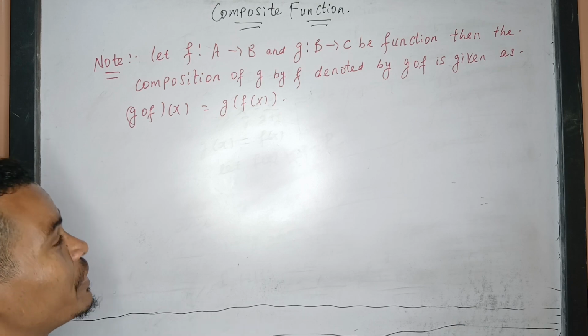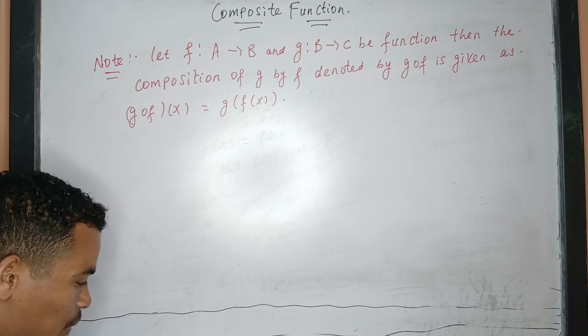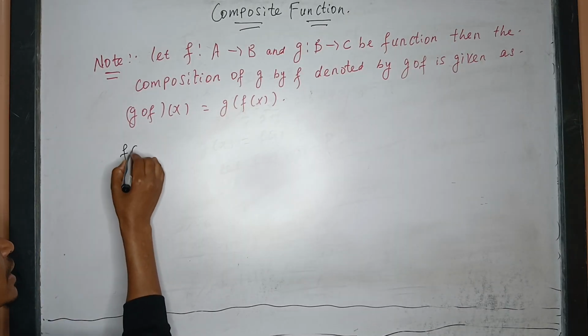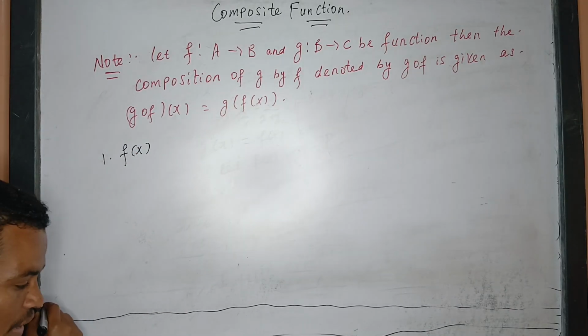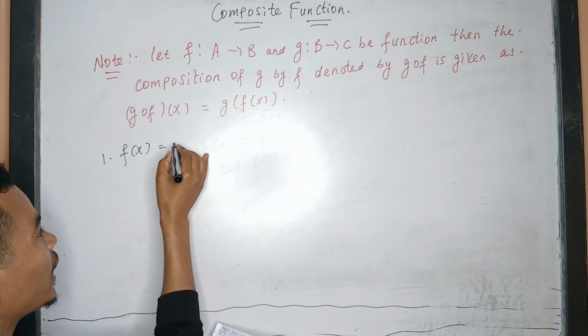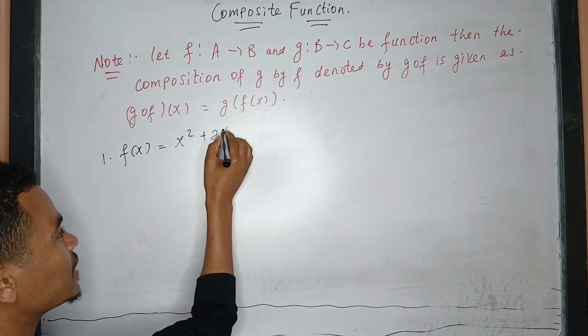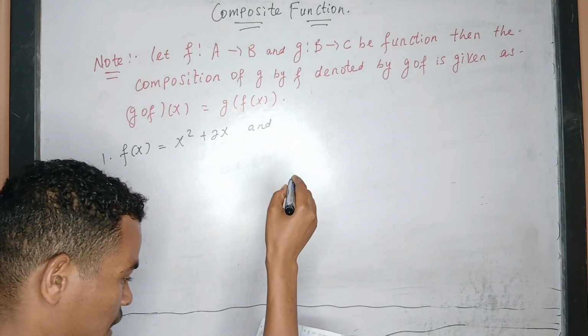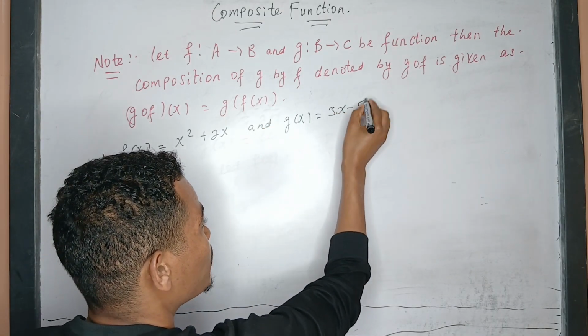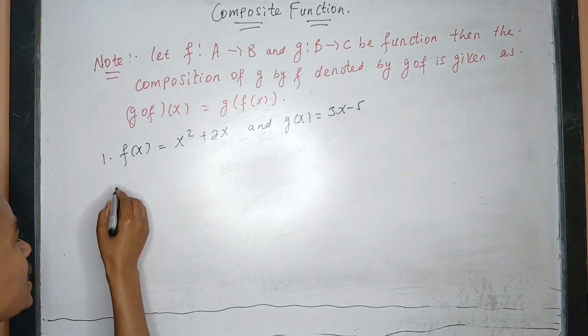Okay, so based on this definition, let's do an exercise. This is question number one. Let f(x) = x² + 2x and g(x) = 3x − 5. Then find